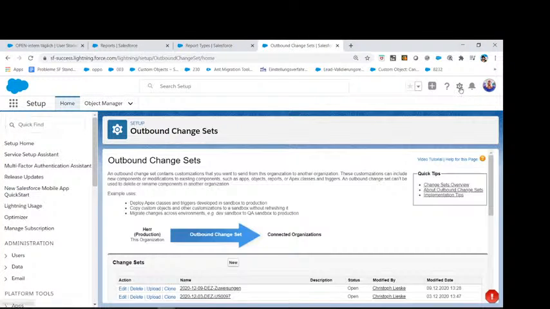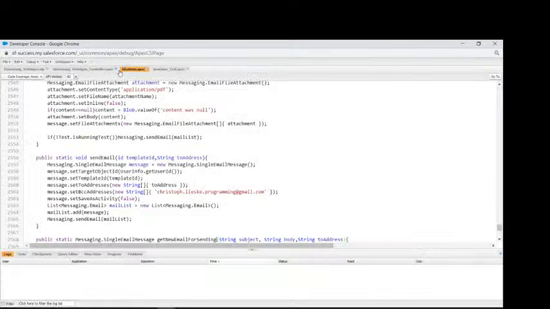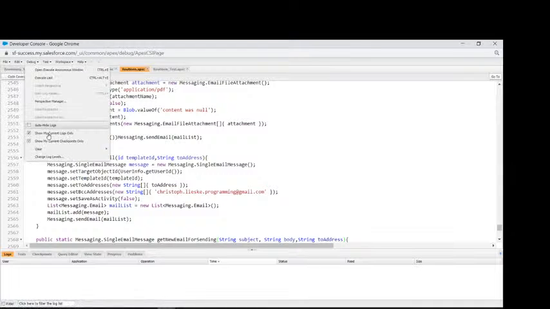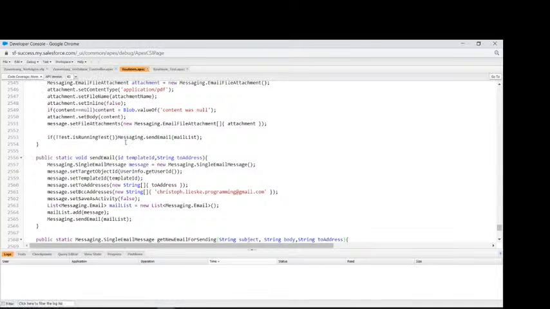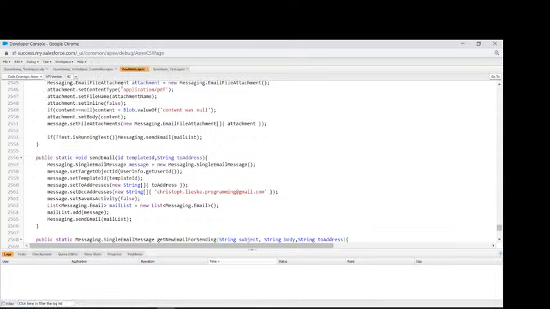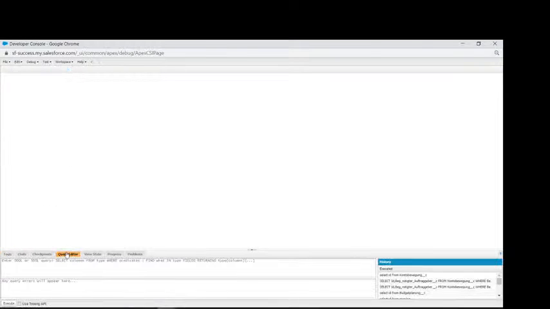I will go into the developer console for sure, and then I will just get the email messages. For this, I will just clear everything in here. Maybe it didn't clear, okay. I just need to close all the stuff in here, and I will go into the system and will make sure via the query editor that we are getting email message, right? Let me see if we can get it.